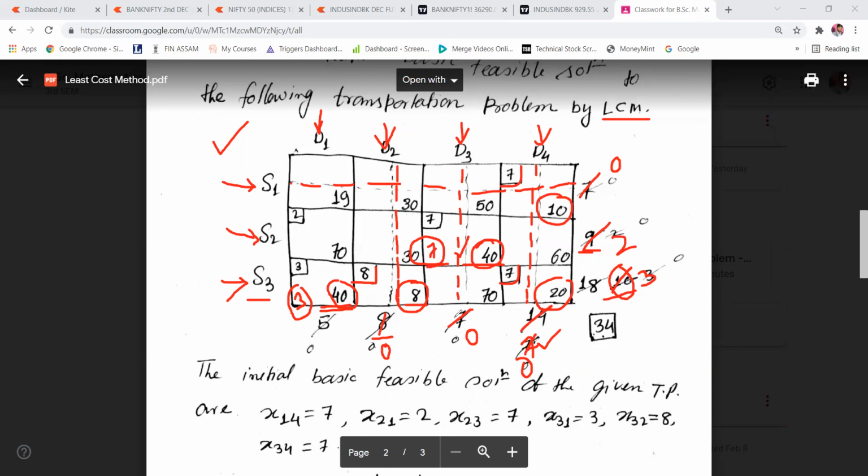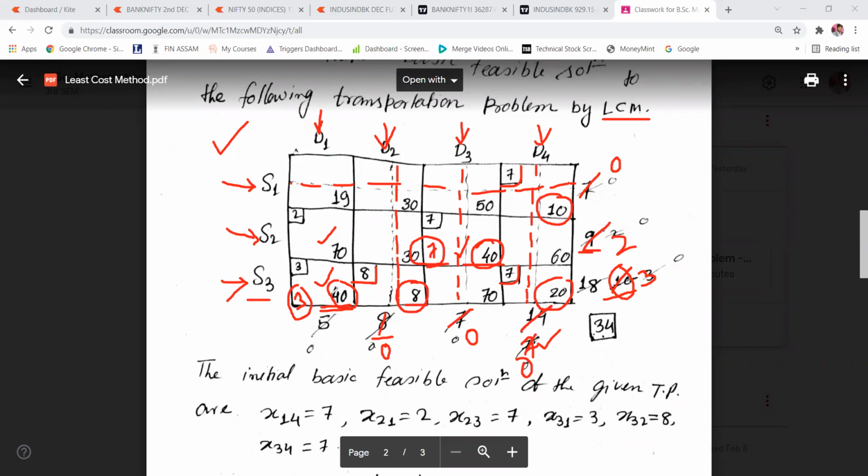Now after that, you need to check which cell has the minimum or least transportation cost. What is left? Only these two cells are left.